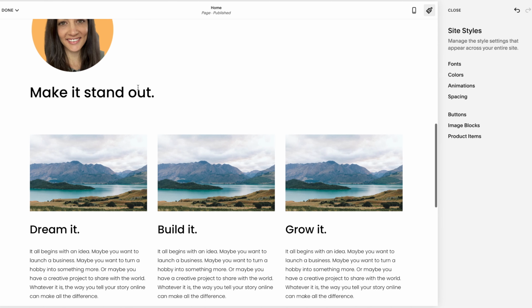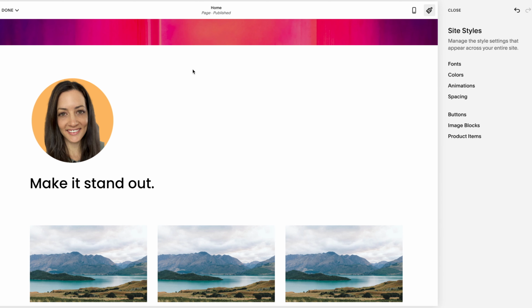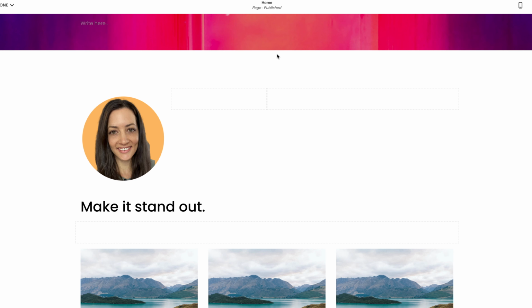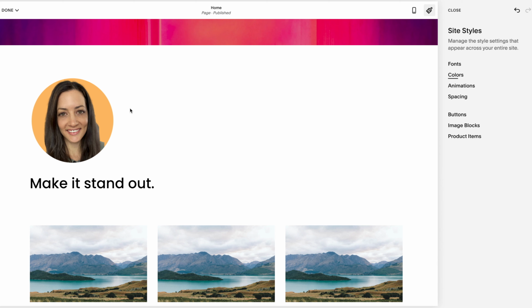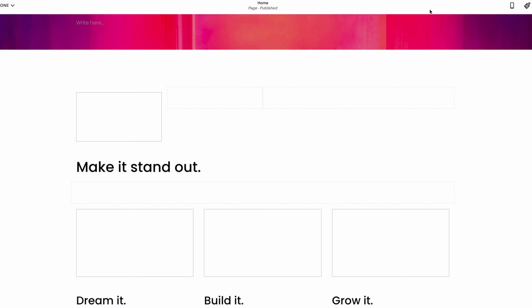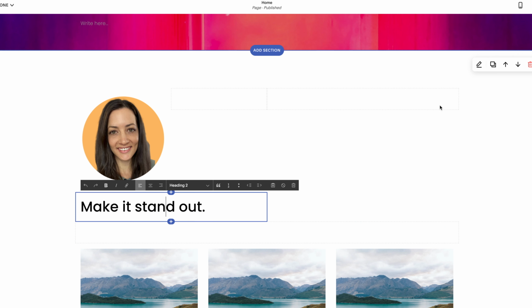I want to also show you that when you add content blocks on the page, notice I'm clicking, nothing's happening. You have to leave out of this paintbrush in order to come back in and edit. So here you're editing how everything looks, but in order to add content blocks or type new text, you have to get out of that paintbrush. So when you hit